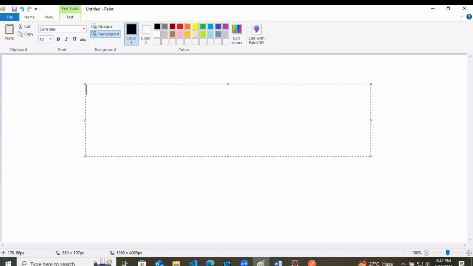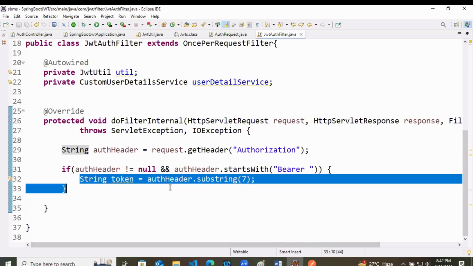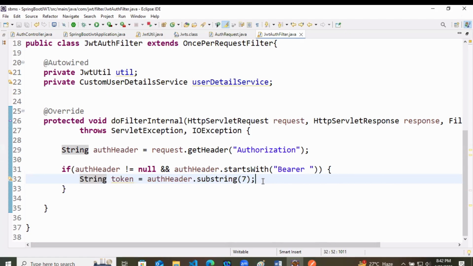Because whenever you are sending the value, you will send it like this, bearer space, and then the token. I am starting with index 7 because 1 2 3 4 5 6 and 7, meaning indexes 0 to 6 are already occupied. Our main token starts from index 7. So I am using the substring method to take out the token from the header. String token equals auth header dot substring 7.